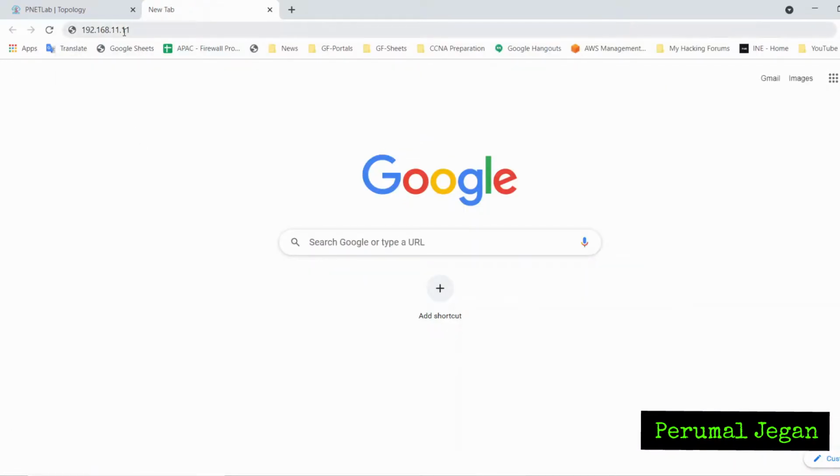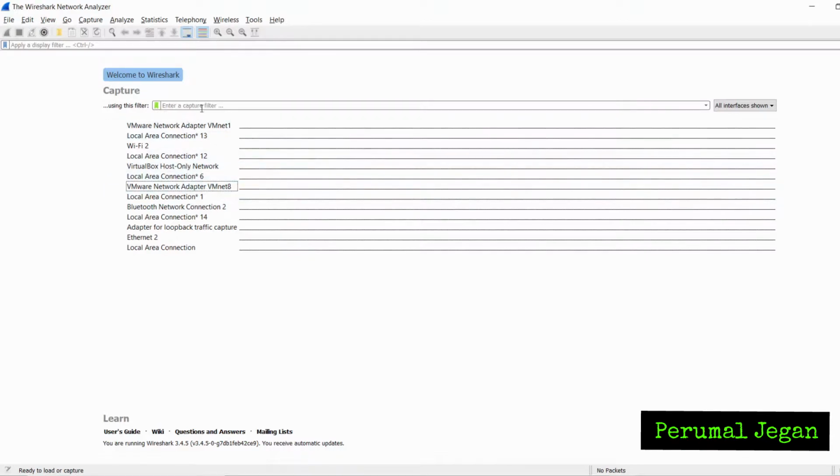Okay, before spinning up this web server, the website, I'm going to use a well-known application called Wireshark. I already explained the excellent features of Wireshark in my earlier video. You can go through that. Now it is time to capture the traffic between my PC and the web server I'm running in my lab.